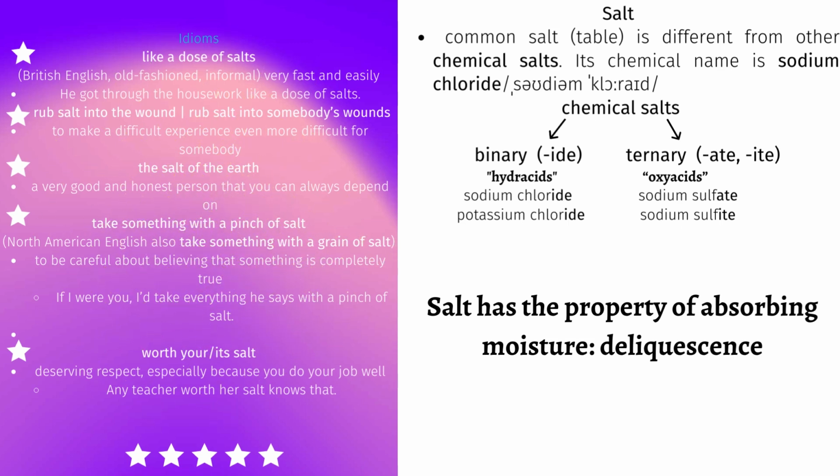Binary, meaning two, salts are made up of two elements, a metal and any non-metal except oxygen. Since hydrogen is present as an essential component, binary acids are also called hydroacids. Their chemical names end in -ide, such as potassium chloride. When a compound is encountered with a name that ends in -ide, responders would know that it needs to be looked up to determine actual hazards. Ternary acids are often known as oxyacids.